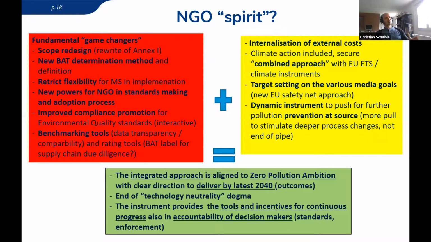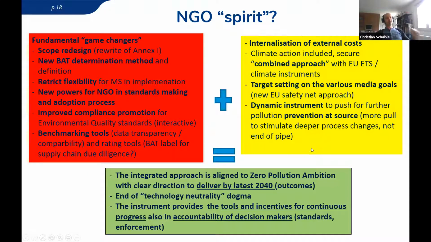And then the other fundamental on the right side, I would say, is internalization of external costs. It doesn't happen at all for the moment. We also need the combined approach, so the EU ETS works together with the benchmark approach. So not just the market. The invisible hand of the market can help, but we sometimes need a bit of a stick to also help. And here the BREF and the IED can help, I think, to give the stick.